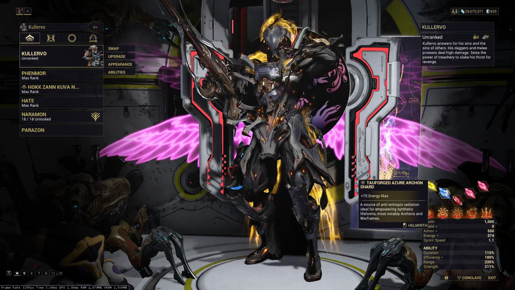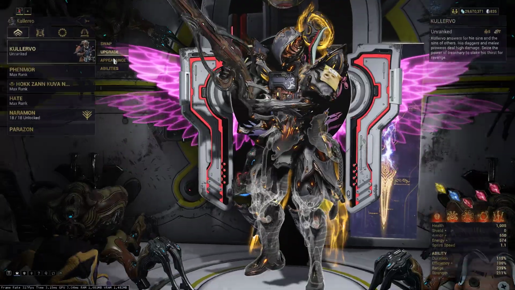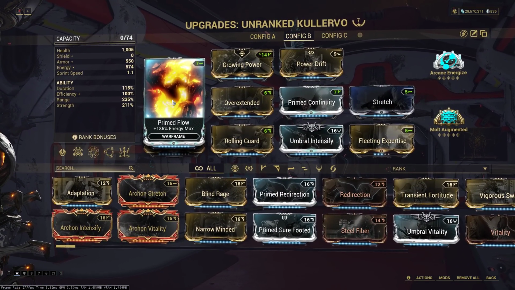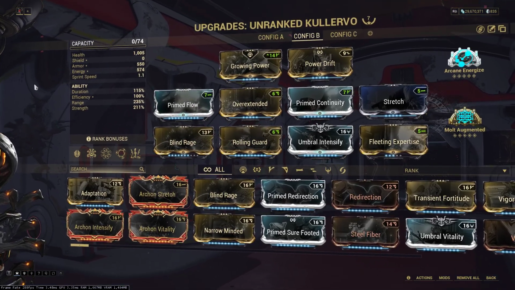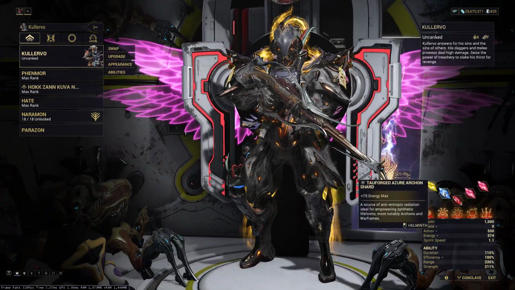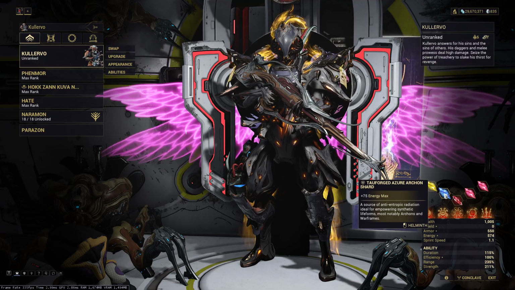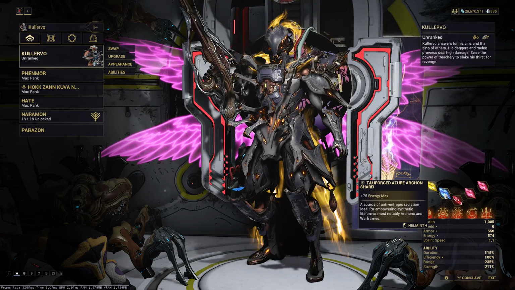Tau Forged, Azure, Archon Shard, plus 75 energy max, just because, again, the top left mod is kind of interchangeable. It's flexible, but you do want to keep that energy economy. So I'd recommend the energy max if you can. Either that, or if you don't care enough, I don't mind. Put on, I don't know, a Tau Forged